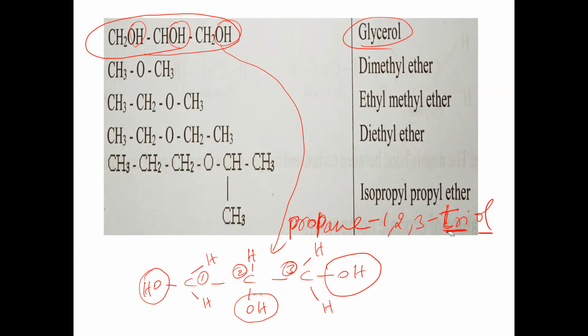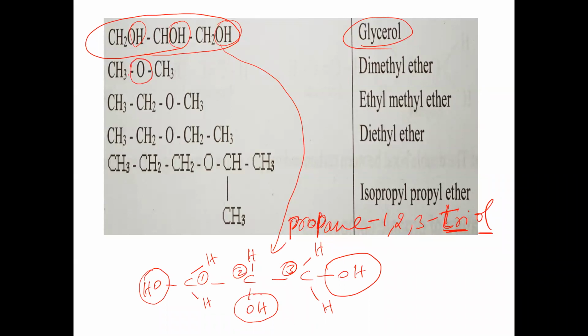So to get artificial tears, in the movies, the artists use what? Glycerol only. Glycerol will be used to get artificial tears. So glycerol is the common name and the IUPAC name is propane 1, 2, 3 triol. Remember.